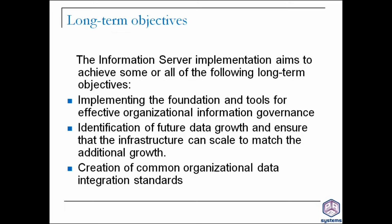We are having challenges with a single version of truth, and add to that the whole mix of big data coming in, and you've got to leverage the insights that you get from textual analytics. As a result, there's a lot of complexity in your data architecture, and to make sure that you are able to leverage all the benefits from your information assets, you need to have a very good information governance program. And information server implementation can help you to enable some of the policies that you incorporate within your information governance